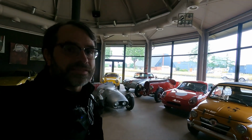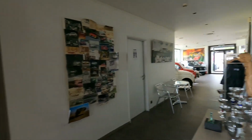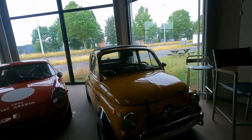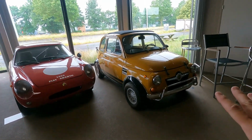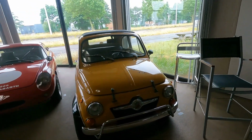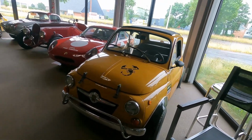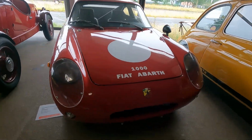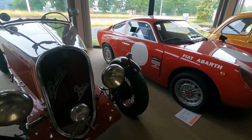And now I'm inside. Is it the main part? I don't know, it looks lovely because lots of memorabilia. Just check out what's to see here. Of course, this is maybe the Abarth the most of us know of, based on the Fiat 500. Then we have a Fiat 1000 Abarth, the Monomille Scorpione,